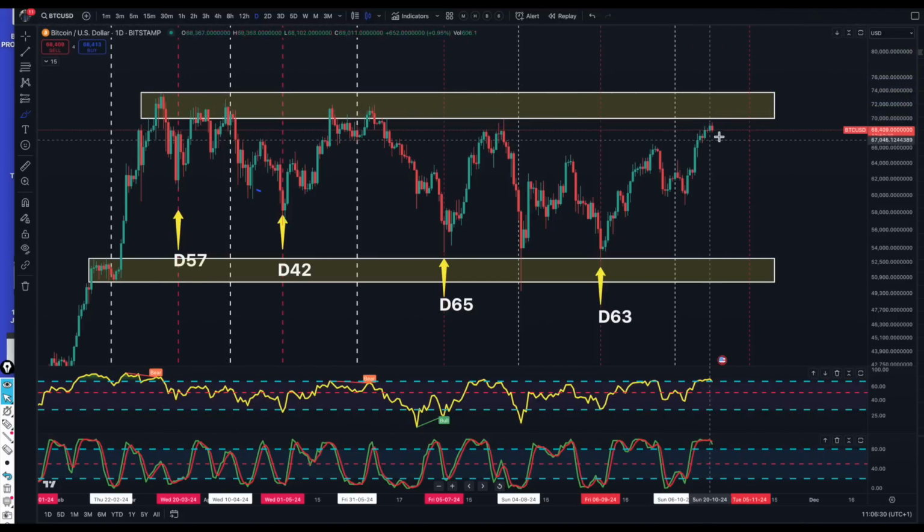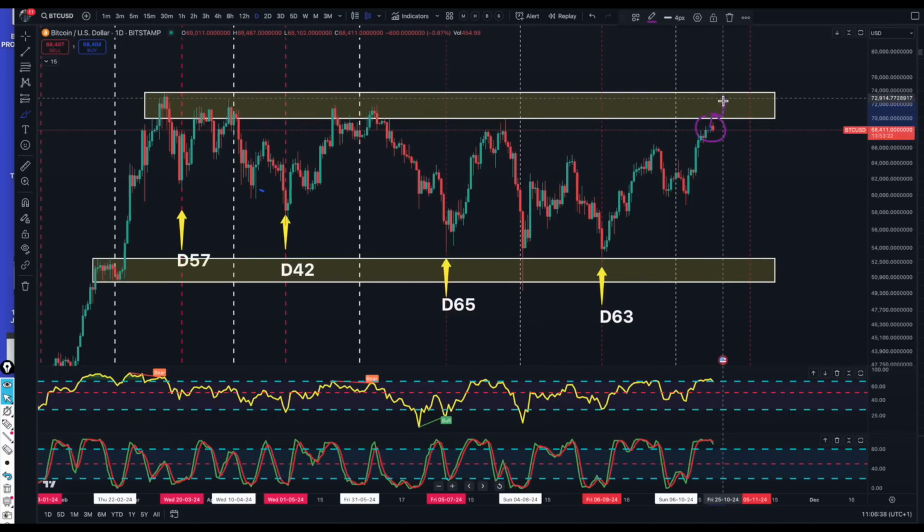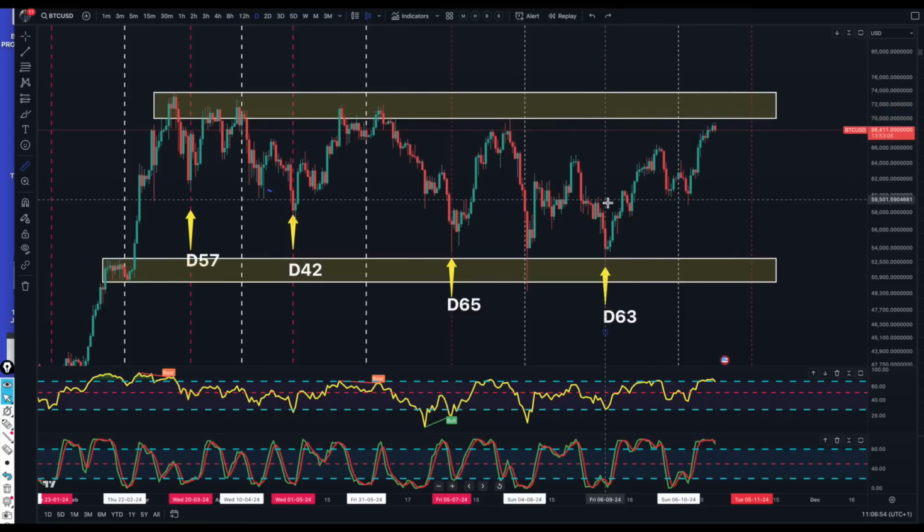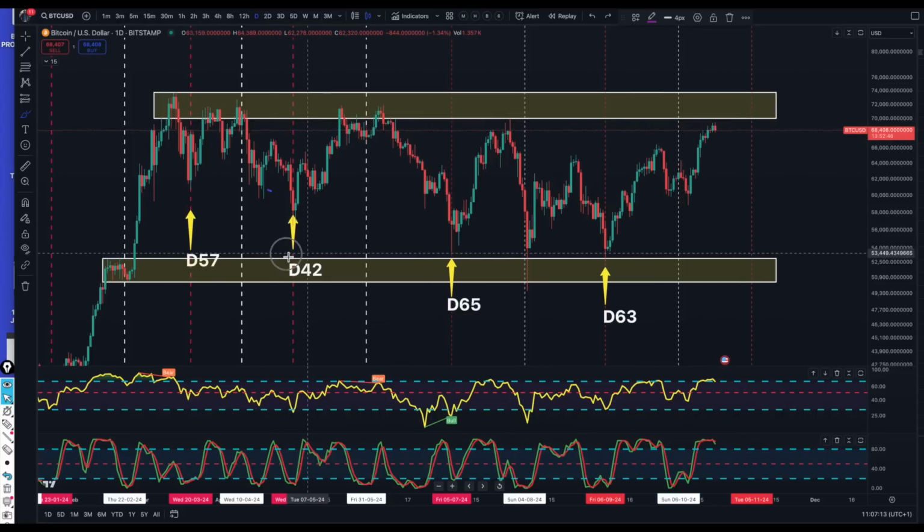barrier. The good advantage that Bitcoin has at the moment with the current price action, which gives us an insight that this may well break through the 69,000, which is where we are currently, topping out at around 69. The good thing is that from the start of the cycle here, today is day 45. So we're on day 45 of the current cycle, and we know that these cycles run all the way around about an average of 60 days. So while we can have early cycles like we had here, day 42, on day 45 our expectation should still be that we've got another 15 more days for this to run.